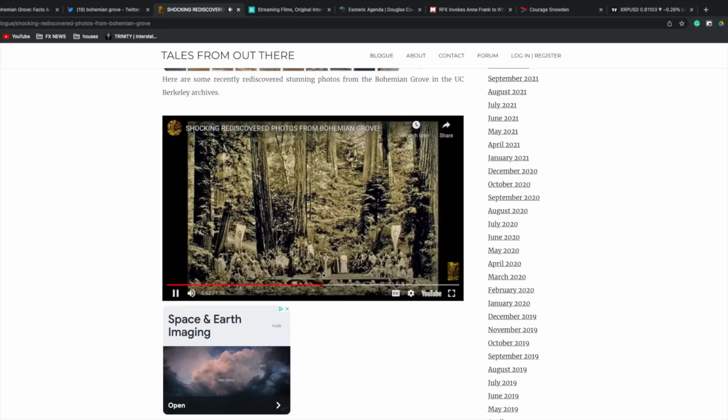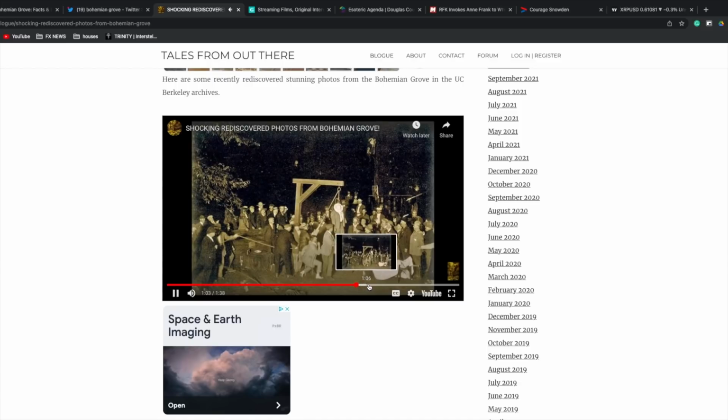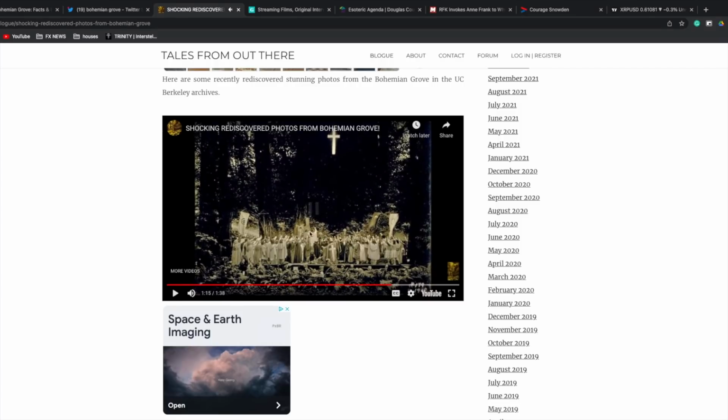All of these ritualistic occult gatherings and things of that nature. I mean, this is insane. Okay, and again, these are global elites. These are presidents, high-end political officials, government entities. I mean, this is insane what goes on. And nobody in the general public is allowed access to this information.